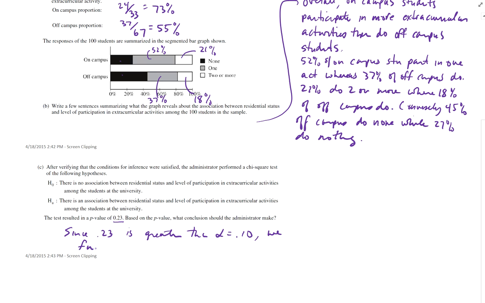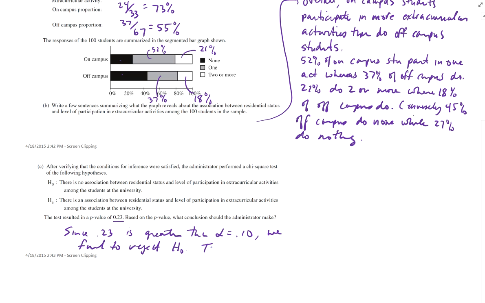We fail to reject H0. In other words, there isn't evidence of an association between residential status and level of participation